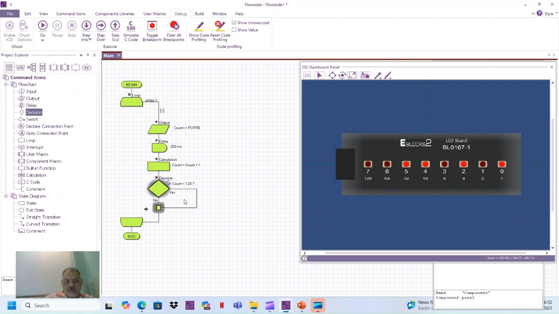If it is less than 128, then it will come on this side. If it is not less than 128, it will go on to this side. So on this side we say